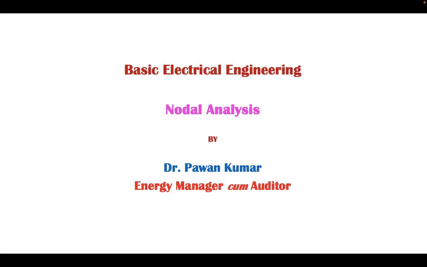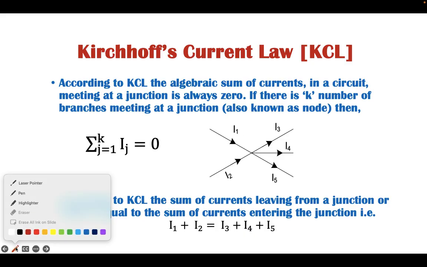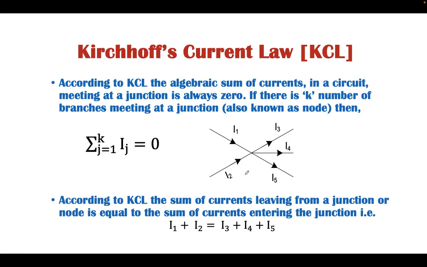Class, we are going to discuss nodal analysis. As we know, according to Kirchhoff's current law, the algebraic sum of currents at a junction or node is always zero. In this particular case, if currents I1 and I2 are entering at this junction, then I3, I4 and I5 are the leaving currents. According to Kirchhoff's current law, I1 plus I2 must equal I3 plus I4 plus